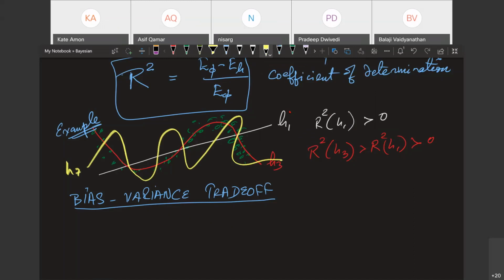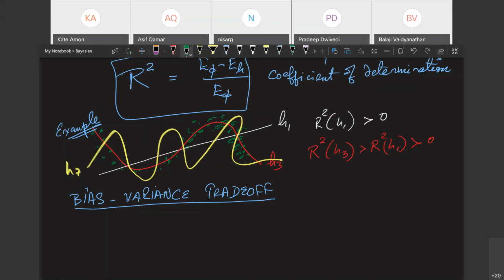Anyone? H3. H3 is the best. But guess which will give you the highest R squared if you try to compute it on the data?